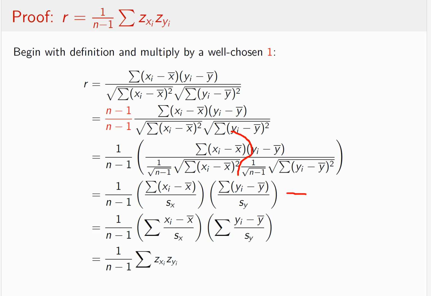Why? Because now we're getting so close, right? We have the z-score formula for the y's and the z-score formula for the x's, and I drop some parentheses out, and you see that we have in fact verified the formula that the correlation R is equal to 1 over n times the summation of the z-score for x and times the z-score for y for all the pairs x and y. So that's the basic stats proof,